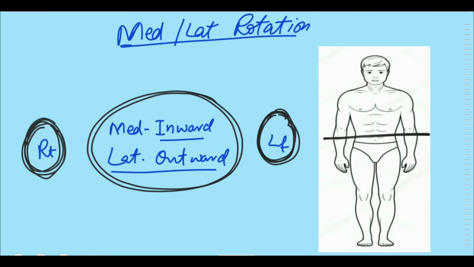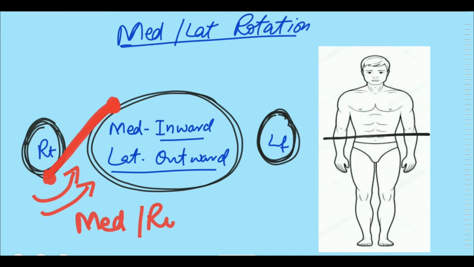Now I will demonstrate what kind of muscle will produce medial rotation and what kind of muscle will produce lateral rotation. What should be the orientation of the muscle to produce these two movements? We have a muscle here over the back side of the body wall, and this muscle ends at the front of the humerus. What do you think when this muscle contracts, what will it produce? It will produce the inward rotation, that is the medial rotation. Such a muscle in the shoulder joint is the subscapularis muscle.